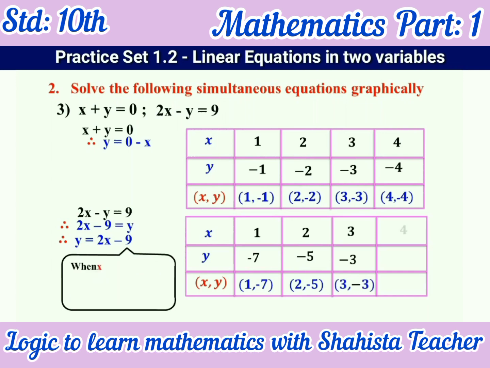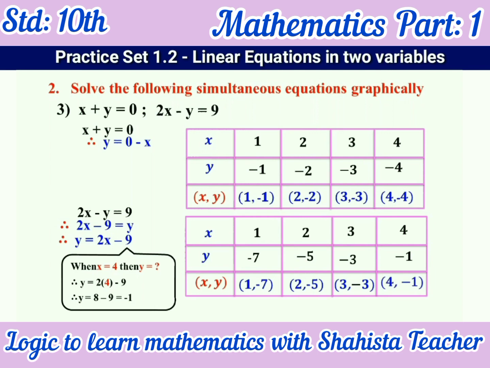Now if x is equal to 4 but we don't know the value of y. Here y is equal to 2x minus 9. In the place of x we will put 4, because we consider here the value of x is 4. So y is equal to 2 bracket 4 minus 9. 2 4s are 8. 8 minus 9 is how much? Minus 1. So x is 4 and y is minus 1. Here we will put bracket 4 comma minus 1. Is that clear, my dear students? So simple and easy to solve this type of graphical equation, simultaneous equation.